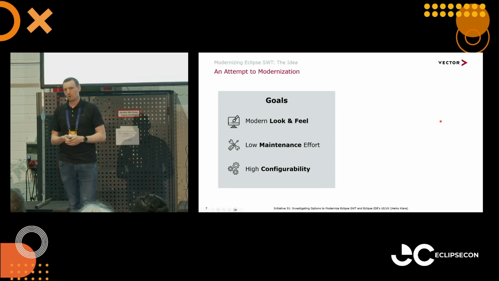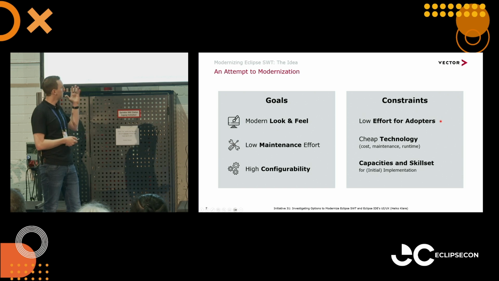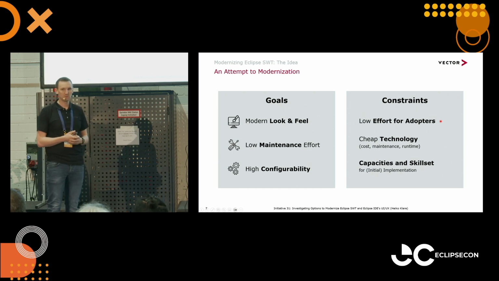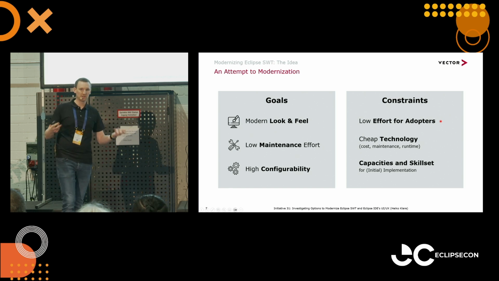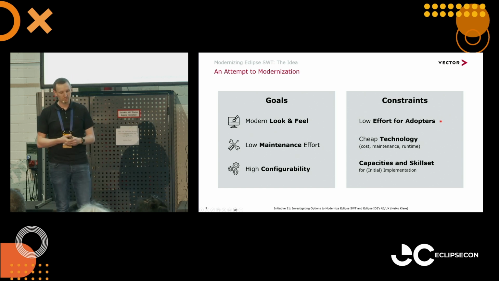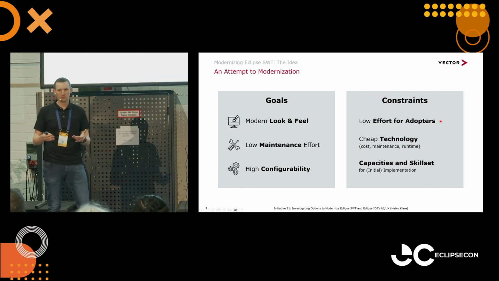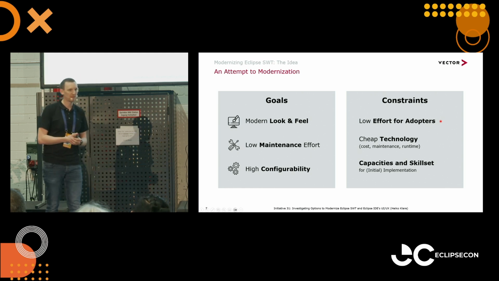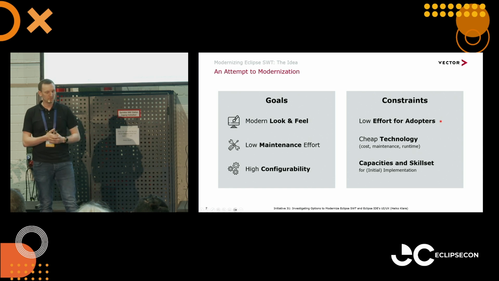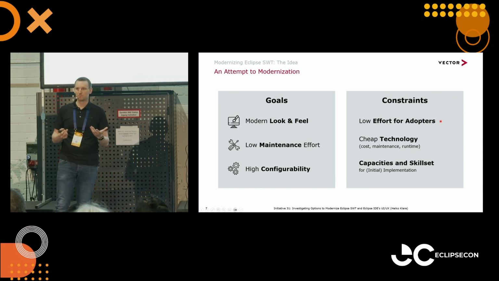But we also found very important constraints to meet in this regard. The first one, and I think the most important one, is to have low effort for adopters. Because if you have applications running on Eclipse SWT or the Eclipse platform in general, you do not want to adapt to a completely new technology stack. You want to have low effort, in the best case the same APIs with the same behavior as before, when having a different implementation that you can just replace,